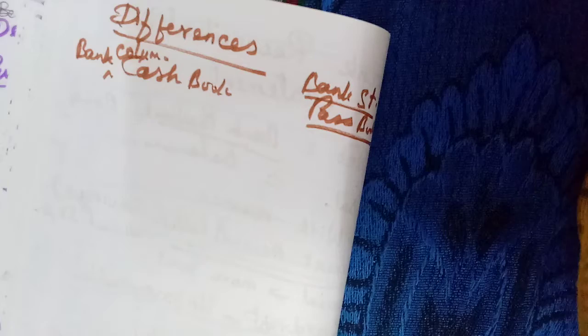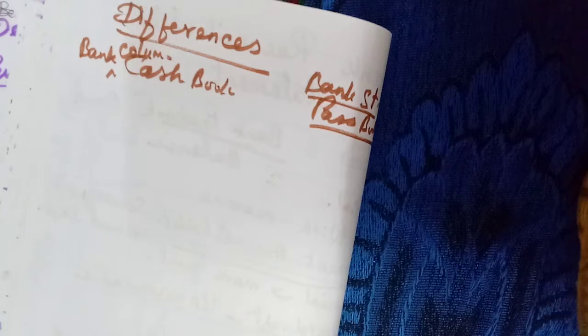But we may not know on which date they are making the payment or collecting the cash. We enter these transactions only once we receive the bank statement or bank passbook. When we see the bank passbook, we enter the transaction. So that is why the date is different, isn't it?